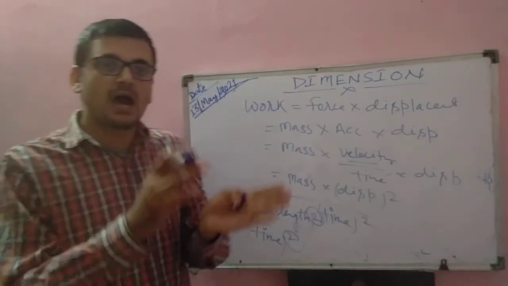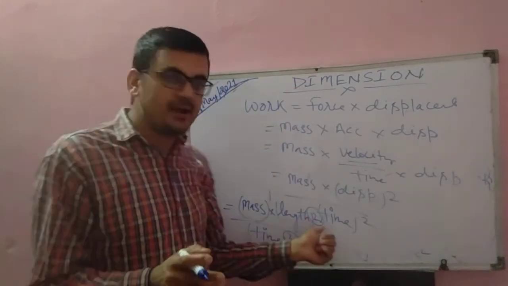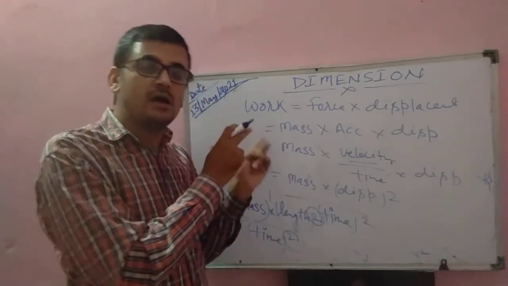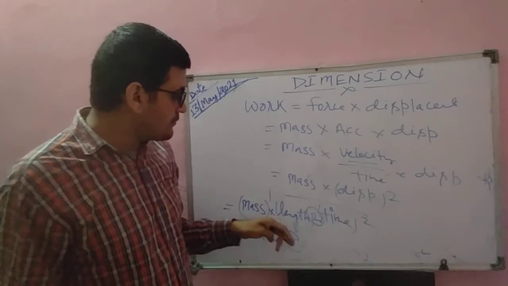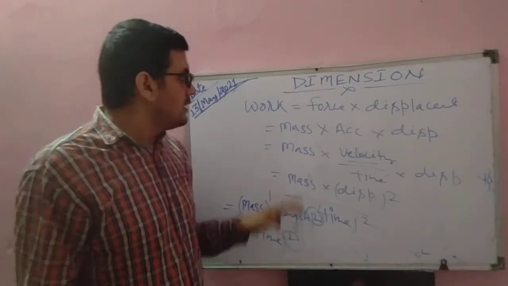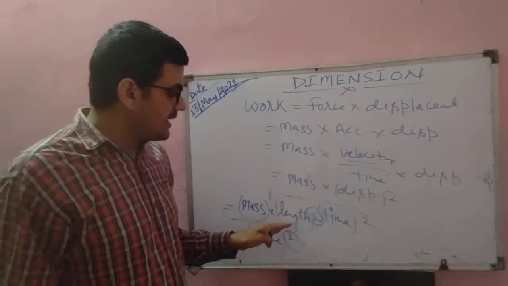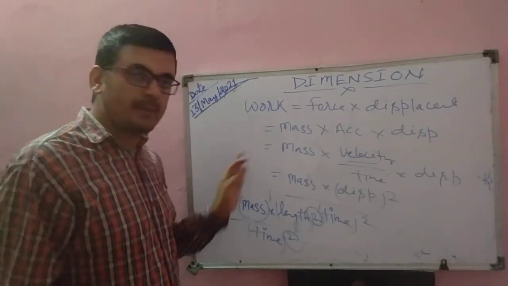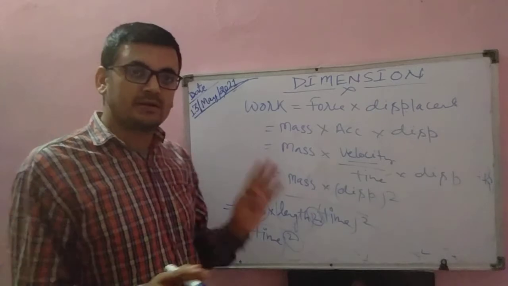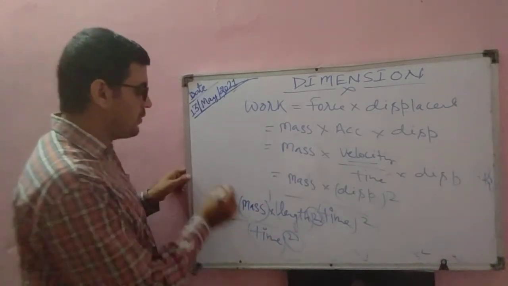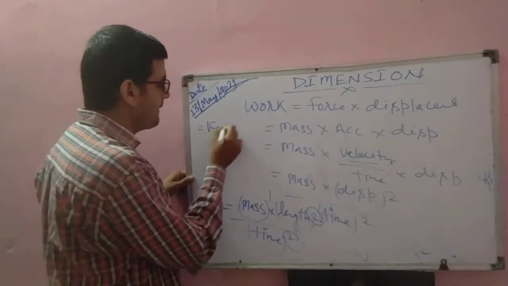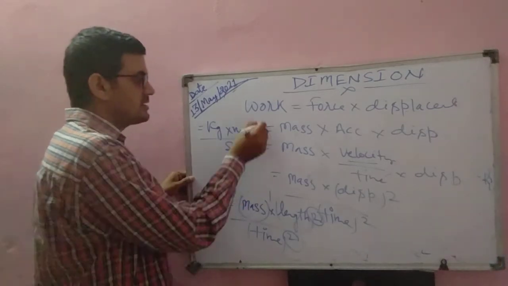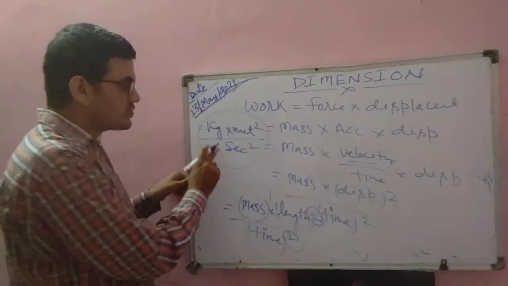Means these are the power of fundamental unit or fundamental physical quantity which are used to represent the derived physical quantity. तो हम ये जो फॉर्मूला है वो ये बता रहा है कि जो वर्क को रिप्रेजेंट करने के लिए हमने लेंथ को 2 टाइम यूज किया है, मास को हमने 1 टाइम यूज किया है और ऐसे टाइम को हमने 2 टाइम यूज किया है। सो व्हाट विल बी इट्स यूनिट, किलोग्राम मीटर स्क्वायर पर सेकेंड स्क्वायर, दिस इज द यूनिट।